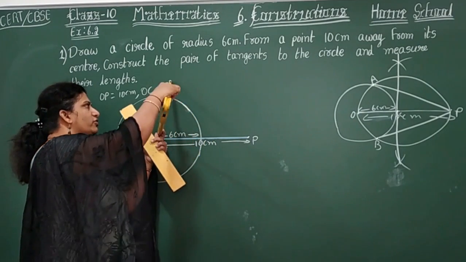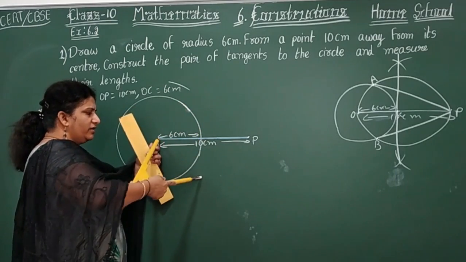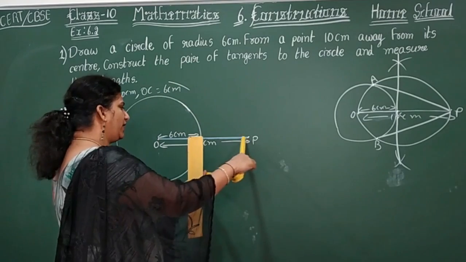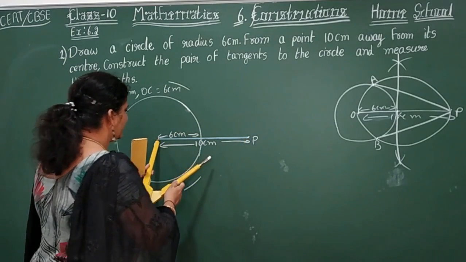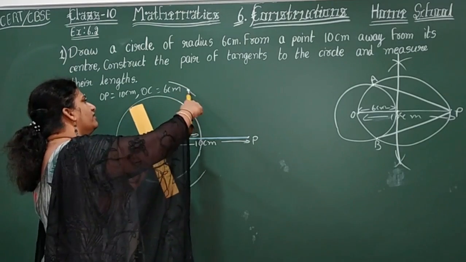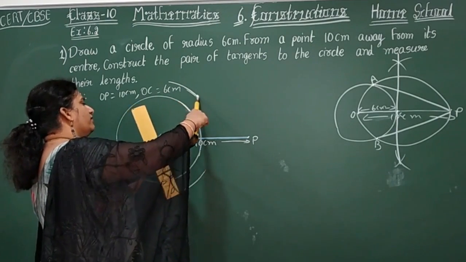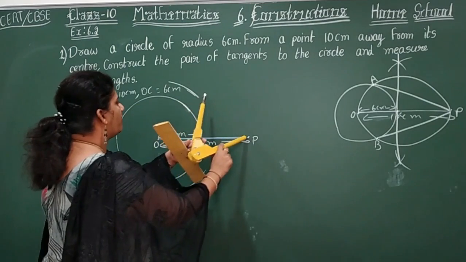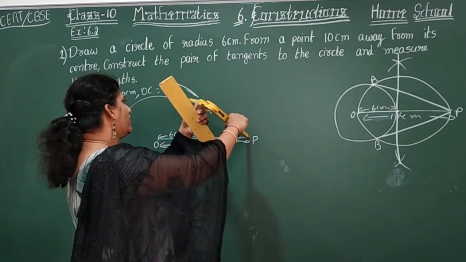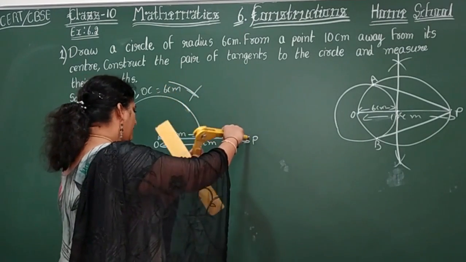So what you are going to do? Above one arc, below one arc. Then again from point P, same measurement, children. So let us extend here. Okay. So now no double arcs, children. So now and make,